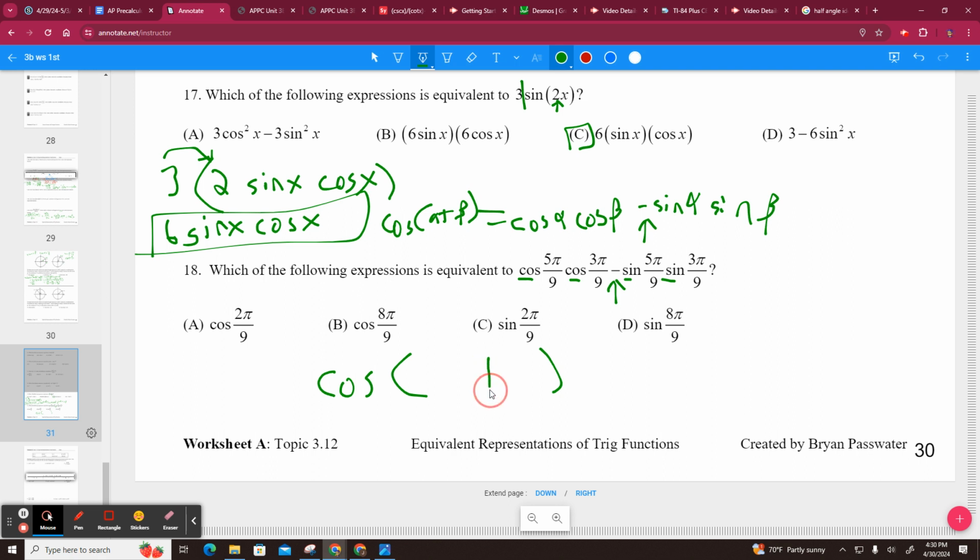So I know I have a plus here. Like, I get that from the minus. And then my alpha is the first one, and my beta is the second one. So 5 pi over 9 plus 3 pi over 9, which gives me cosine of